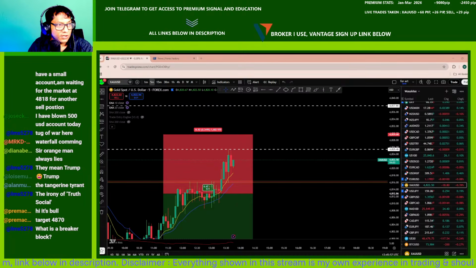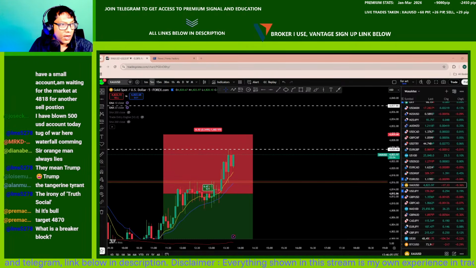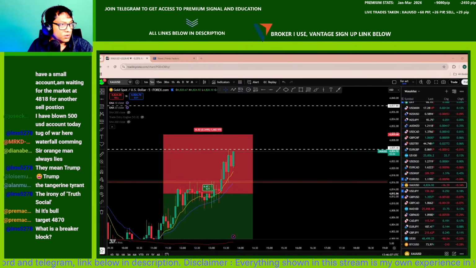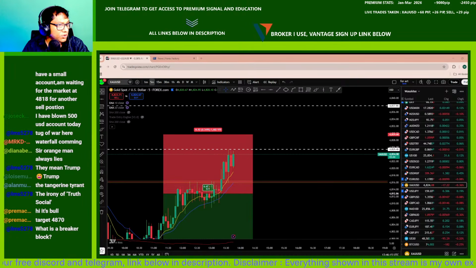A breaker block is a high probability trading concept representing a failed order block that flips into a high probability reversal zone. It forms when price breaks through a previous support or resistance level, signaling a shift in institutional sentiment. Traders use them as a